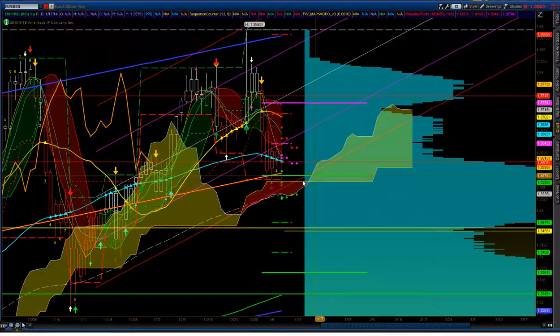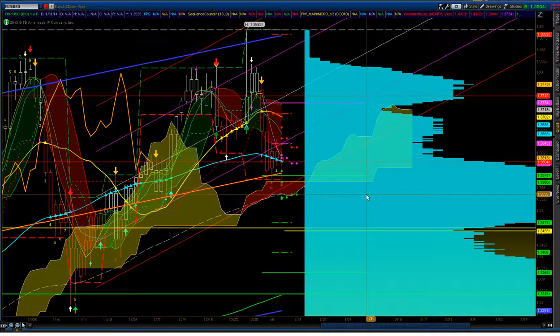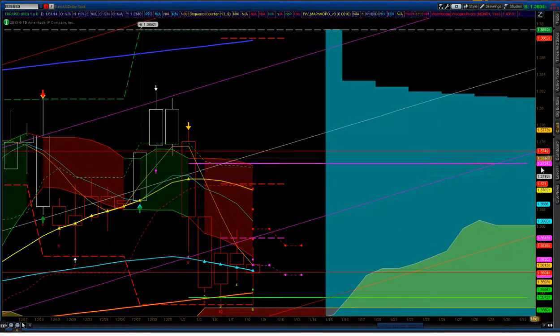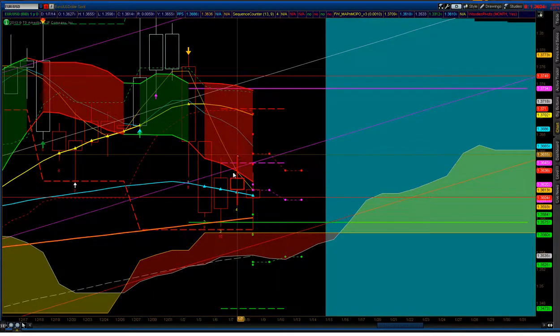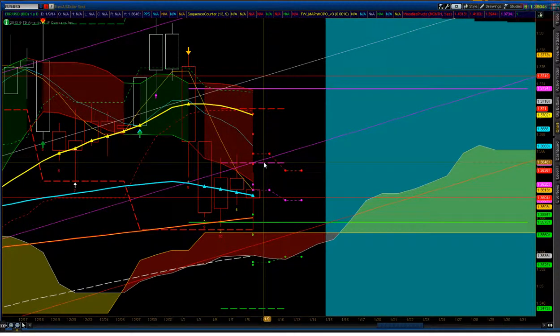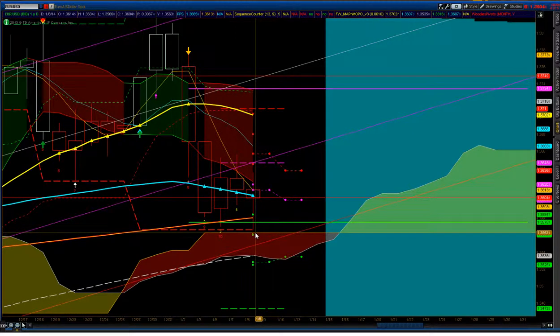We're above the cloud of the Kumo right here, so that's good. You got linear regression channel right here, which will be kind of like the line in the sand. That level is 35.46. If we get closer, I'll move this up. You see that price has been going up, hitting here, failing. This is Woody's PP pivot, which is 36.46, and these things right here are projecting their price wants to go lower. We didn't kiss the top of the cloud on the Kumo, but we did bounce,